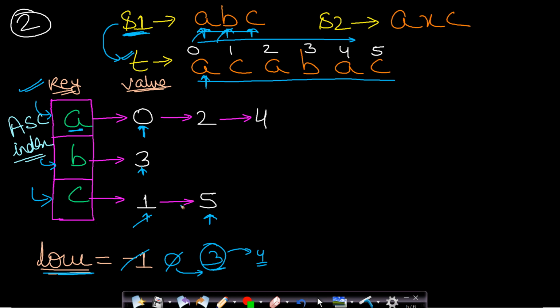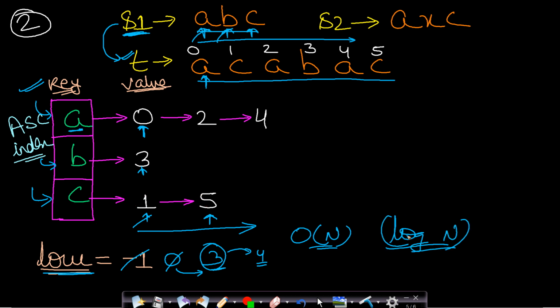Now in this case, as you can see, we were matching for C in linear order. So for matching it will take order of n, but then you can improve it by using binary search. So if you apply binary search, then it will search a given index value in just log n time. Now what will be your criteria of searching using binary search? You will use this low value, because you want the next index of this low value, an index which is occurring to the right hand side of this low value, in order to maintain relative ordering.